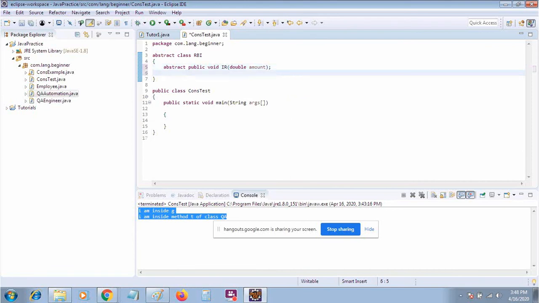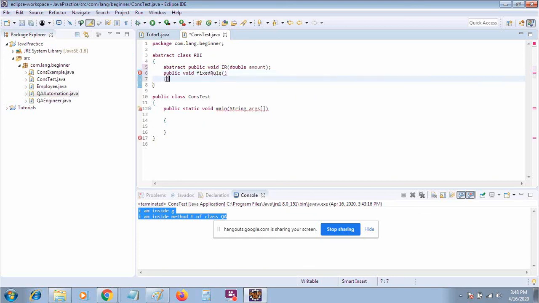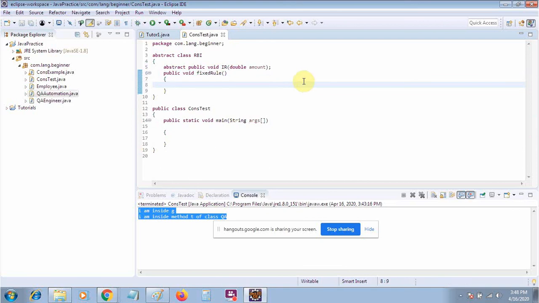Suppose this is some other rule like a public void fixed rule. There is a certain fixed rule that every bank has to adopt, like Aadhaar card